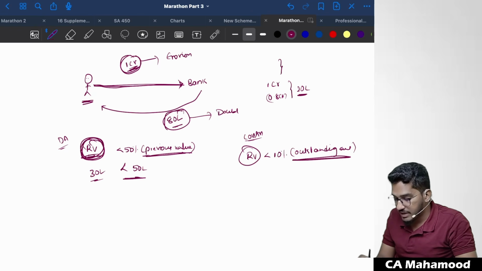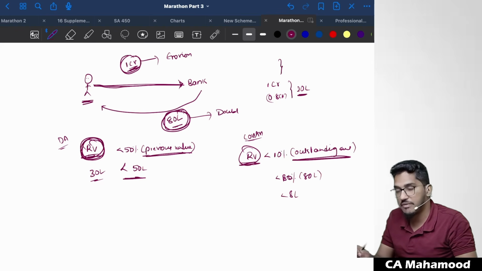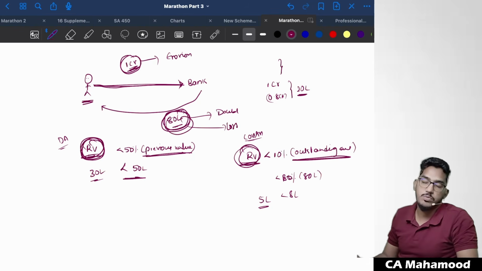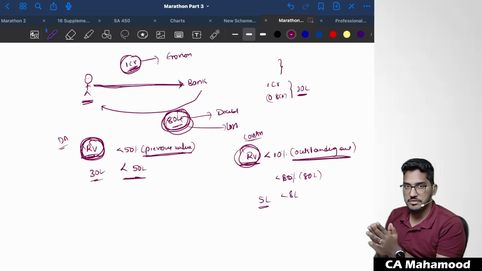So take for example, 80 lakh rupees is the outstanding amount. 10% means how much? 8 lakh rupees. So 10% of 80 lakh rupees of outstanding amount comes to 8 lakh. If the realizable value of the security is even less than 8 lakh rupees, for example, after that earthquake and all, now the value of the property is only 5 lakh. Since the realizable value of the security is less than 10% of the outstanding amount in the customer's account, then this entire 80 lakhs will be classified as a loss asset and 100% provision has to be created. Able to understand? Clear and comfortable, everybody?